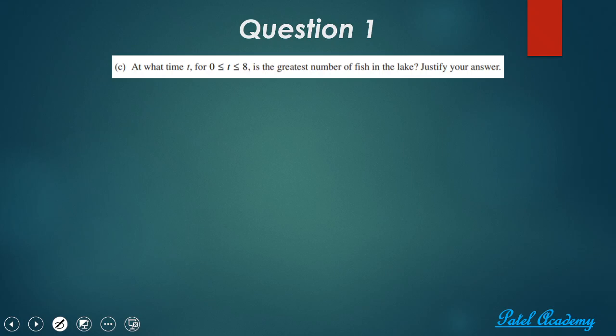Normally on the AP exam, you would have read through all the questions before you started. That's generally what people do. And so you would have noticed that in this next question that I'm going to get to, you're going to need to do a similar thing. So it helps to just define a function. In this case, I'm going to define a function of the total number of fish. So I'm going to say the total fish